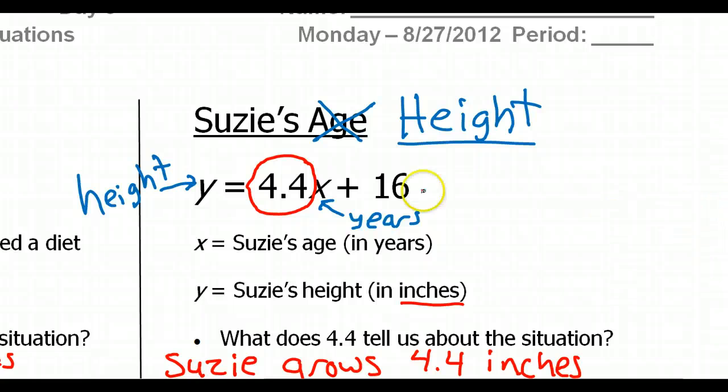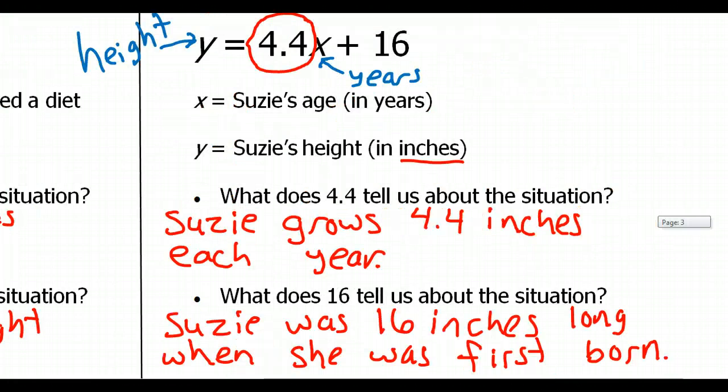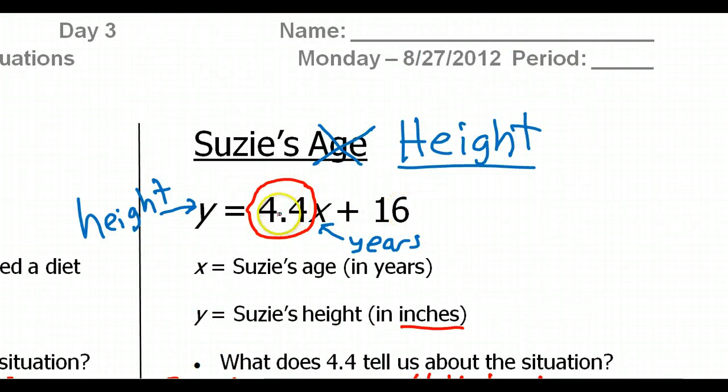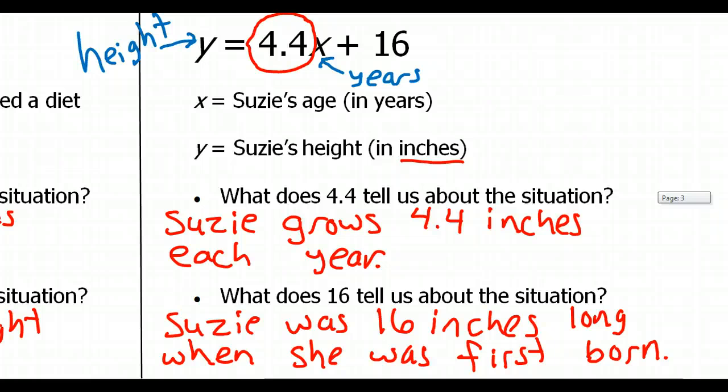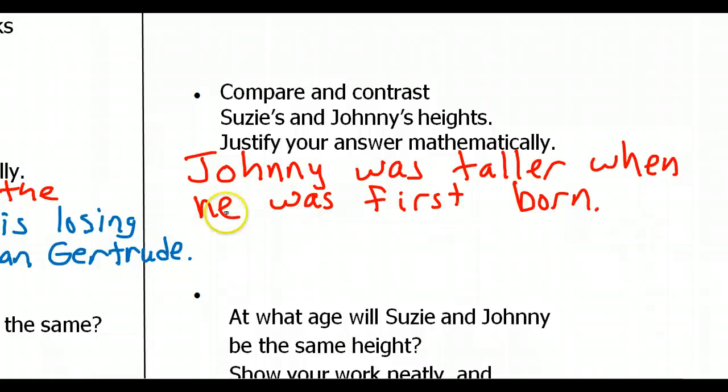Alright, hopefully you can see that Susie is growing faster, because she's growing 4.4 inches every year, while Johnny is only growing 3.8 inches every year. Johnny started off taller with 19 inches versus 16, but Susie is growing faster. So at some point, they should be the same height, as Susie grows faster and eventually will become taller than Johnny. But another thing we can write as we compare is we can say that